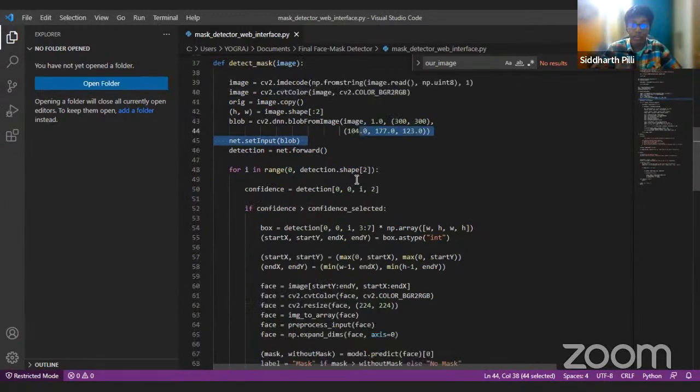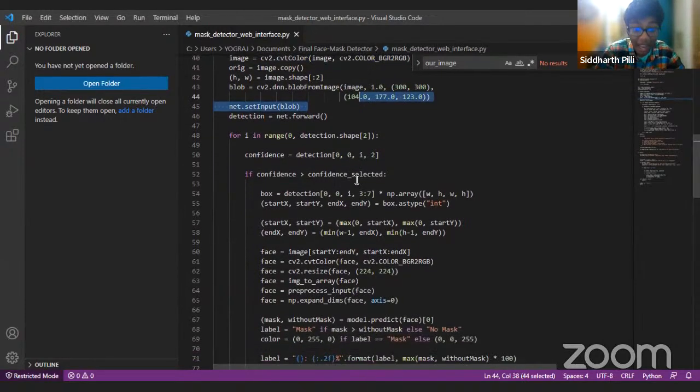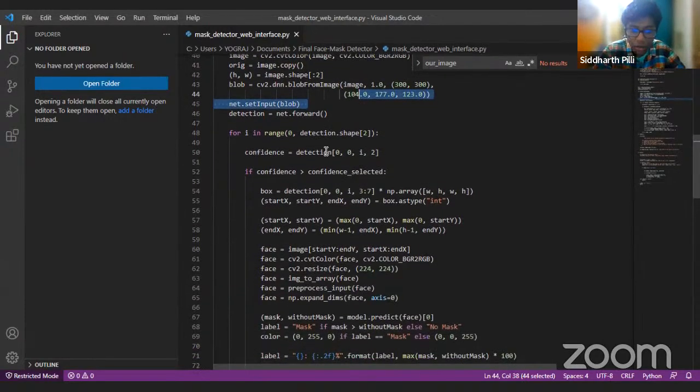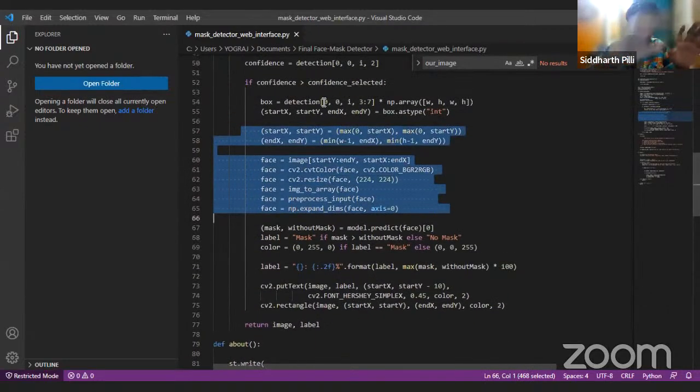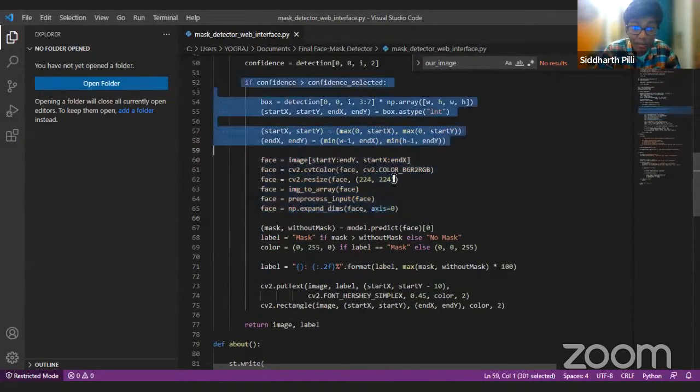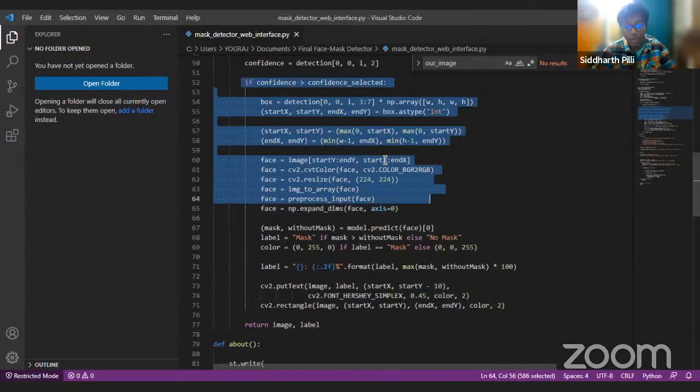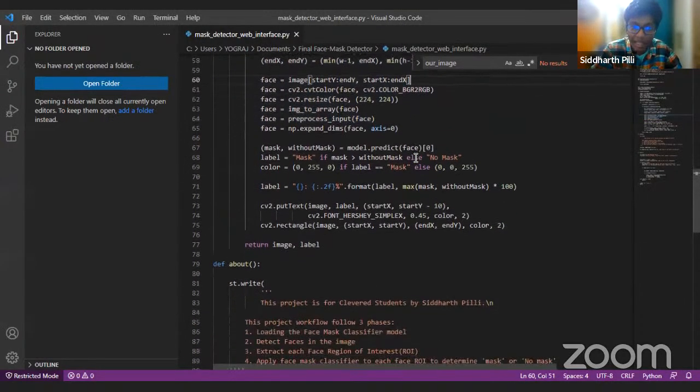Again, this goes into complicated steps, but to be honest, what's happening from this point to this point is that, based on the confidence value we're giving, we're trying to create a B box. A B box tries to detect the region of interest of our face, whether there is a mask or not. So that's entirely what's happening out there.